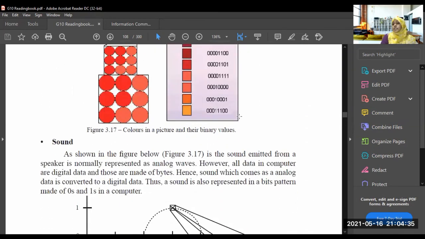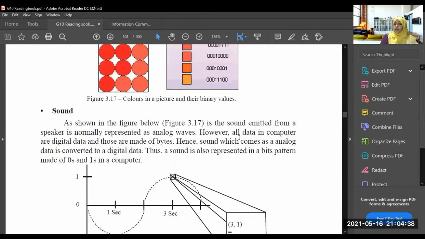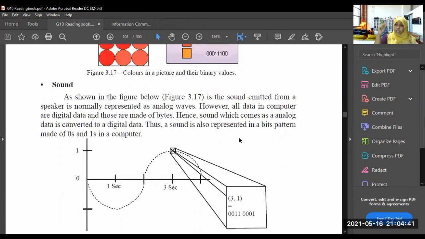Also, sound has its own binary code, binary value. According to the pitch, according to the music, according to the sound, there is a binary code for this. So just imagine, when we are storing data in the computer, each and everything should be represented in binary code. All the data which we enter into the computer, which are readable by human beings, are converted into the binary number system and stored in the computer.